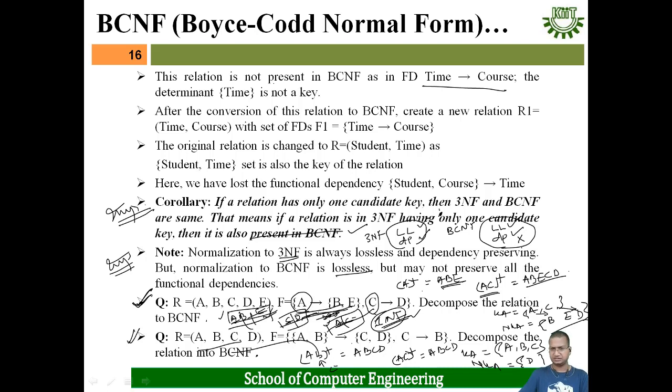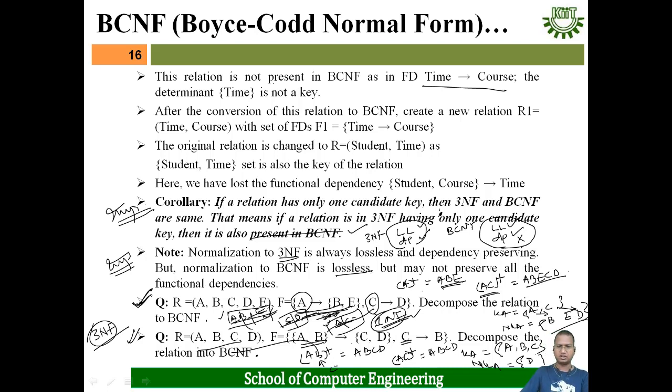A, B to C, part of the key determining a key attribute, within key attribute, no problem. Then C to B, this is also partial dependency is not present. Is a transitive dependency present? No. That means this is in 3NF. To be in BCNF, the left side has to be a key. That means AB is your key, C to B, C is not a key. Only AB is a key.